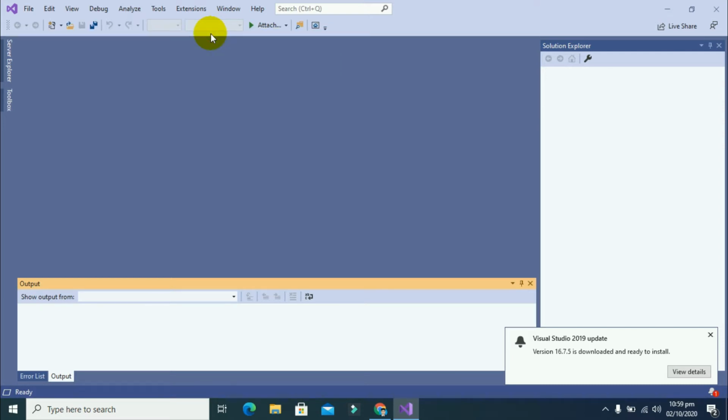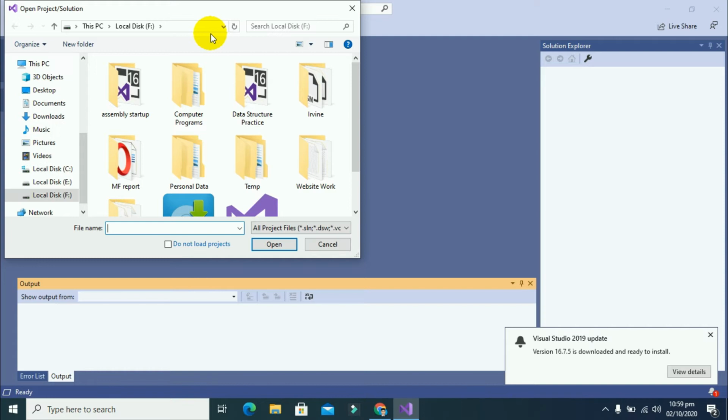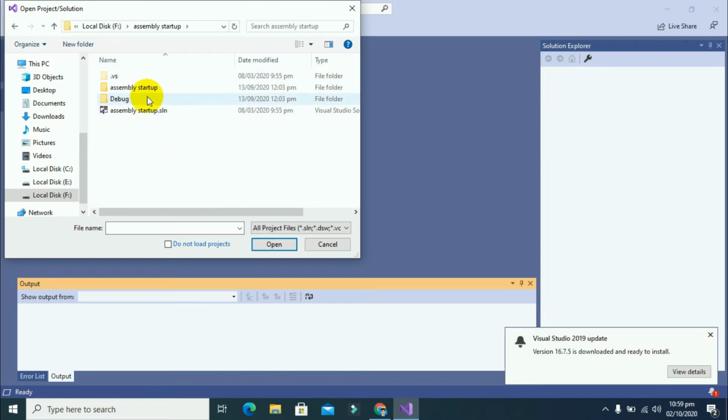After some time, the Windows Explorer dialog box will be displayed on your screen. So here it is. Select that project you want to load in Visual Studio that already has the linker setting done. If you don't want to do that, you have to create a new project with a new linker setting. So here I have the assembly startup .sln, and its type is Visual Studio Solution. So select it